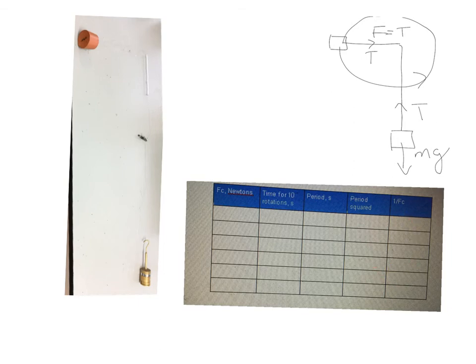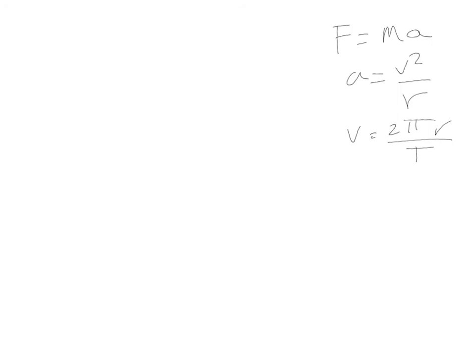Also, it's really important that you keep the radius constant and also write down the value for your radius. So that's the distance from there to there. So you have these three formulas: force is equal to mass times acceleration, and we know the acceleration towards the center is v squared divided by r. So this r is the radius, so that's the one that you kept constant throughout the experiment,